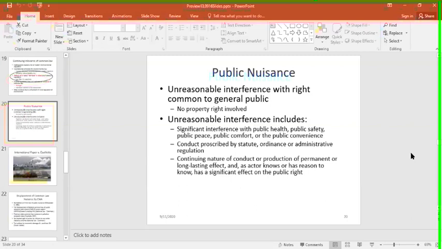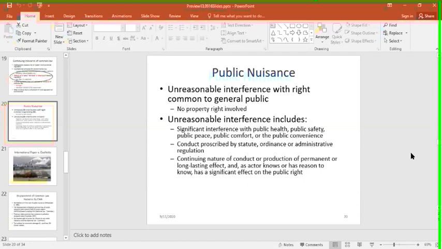the right common to the general public. This comes directly from the restatement. One of the important things to remember is that there is no property right involved, unlike with private nuisance. And as I've said previously, it's unfortunate that these two doctrines use the same terminological reference to nuisance. Public nuisance is a very broad principle or doctrine that includes a broad set of interests under